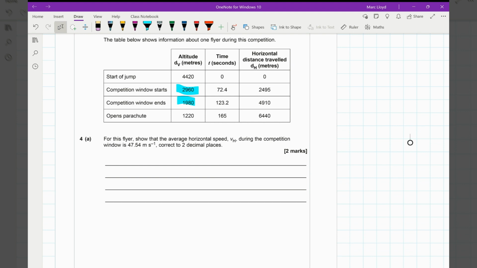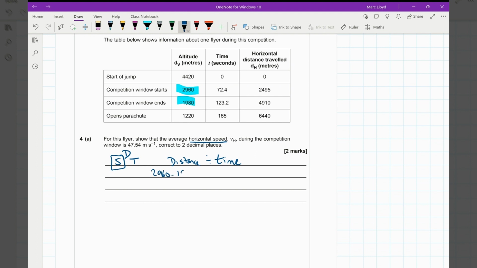So the first thing we need to do is work out what we're doing. We've got to do speed, distance, time. So we're looking for, show that the average horizontal speed. So we want the speed. So we need the distance. So distance divided by time. So the distance that we had,